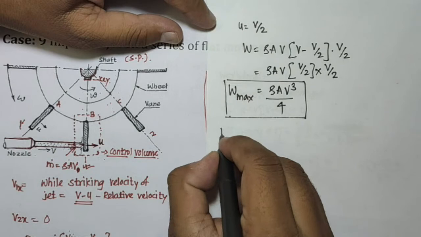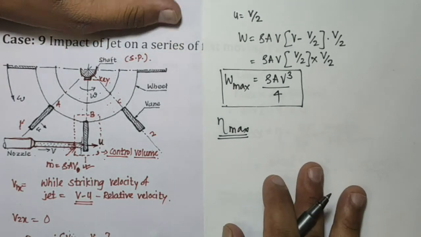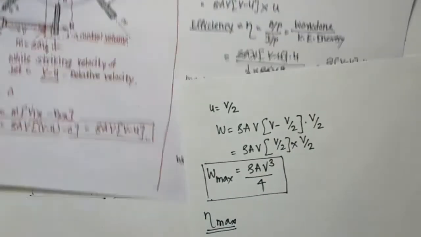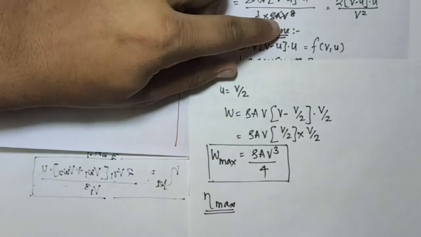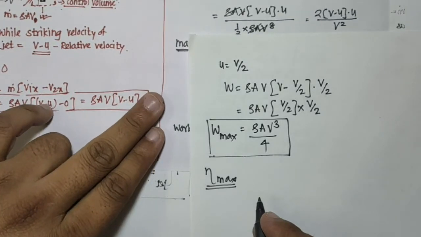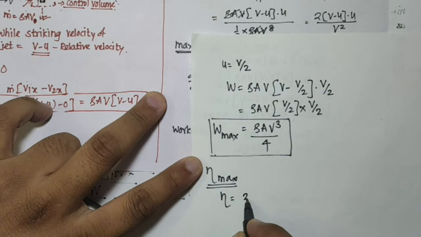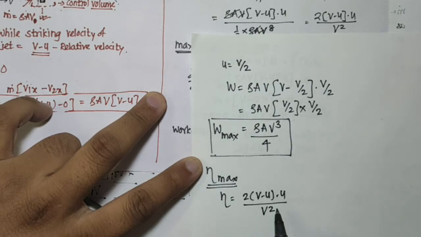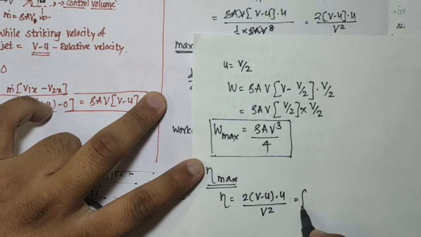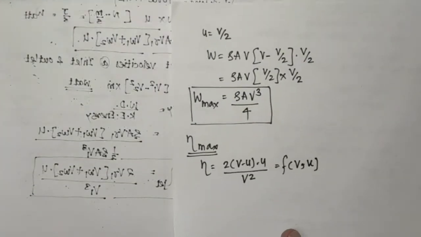Now maximum efficiency is to be found out. So efficiency is also a function of V and U. I will write here the formula for efficiency. Here you have the efficiency formula: efficiency is equal to 2(V minus U) into U divided by V square. Now this efficiency is again a function of V and U, so V cannot be changed. The thing that could be changed is basically